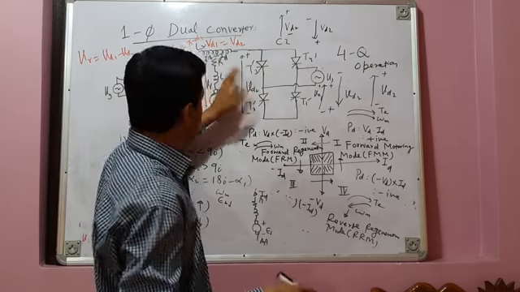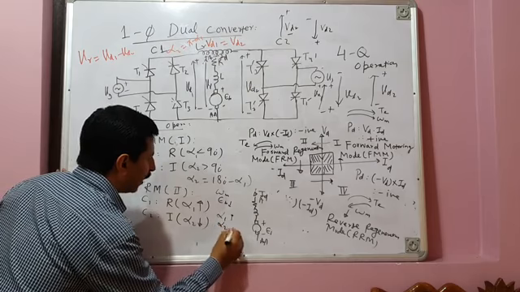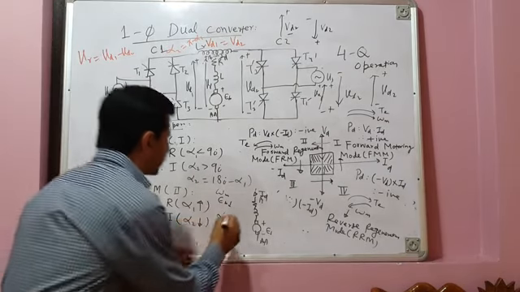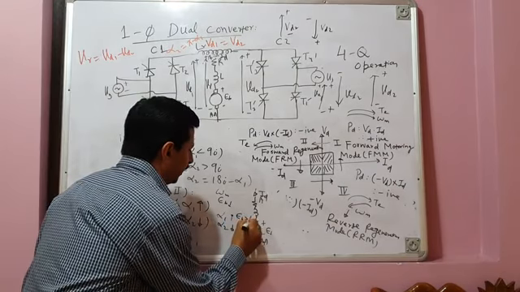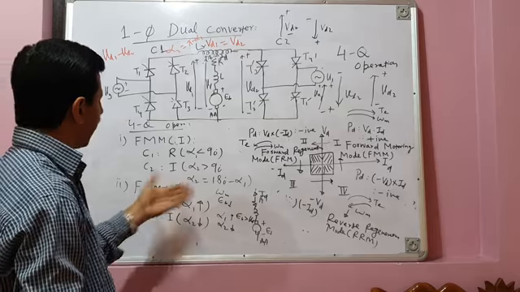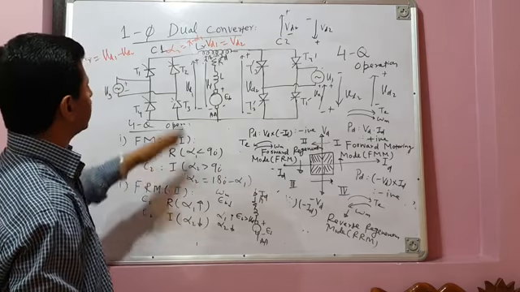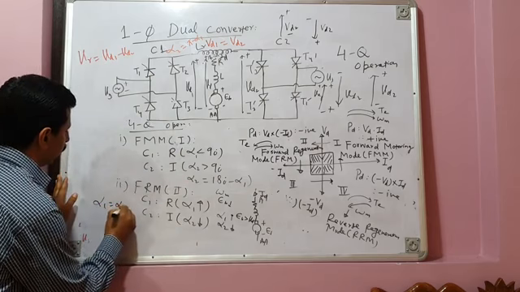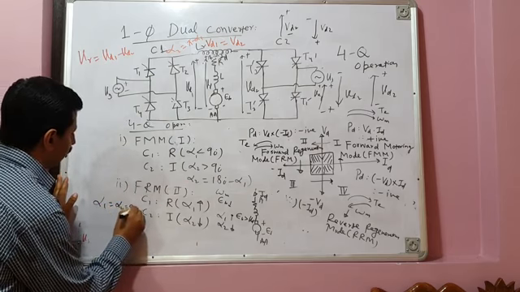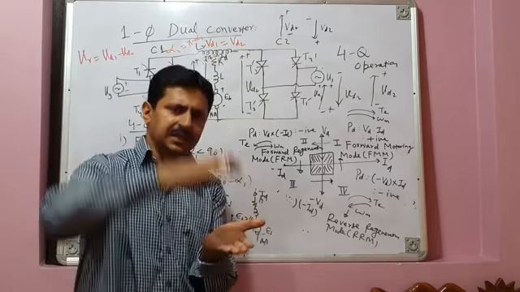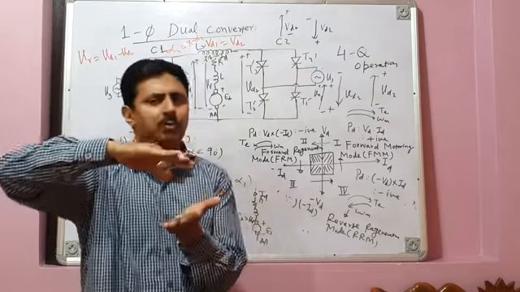So आपको क्या करना है? Alpha 1 continuously increase करना है, Alpha 2 continuously decrease करना है, so that EB is always greater than VD2 or EB is always greater than VD. So this will happen. या आप तब तक करोगे जब तक Alpha 1 equal to Alpha 2 equal to 90 degrees नहीं हो जाता. जब दोनों Alpha 1 Alpha 2 90 degrees हो जाते हैं, average output voltage is 0, and your machine comes to a stop. By this time your machine has come to a stop.